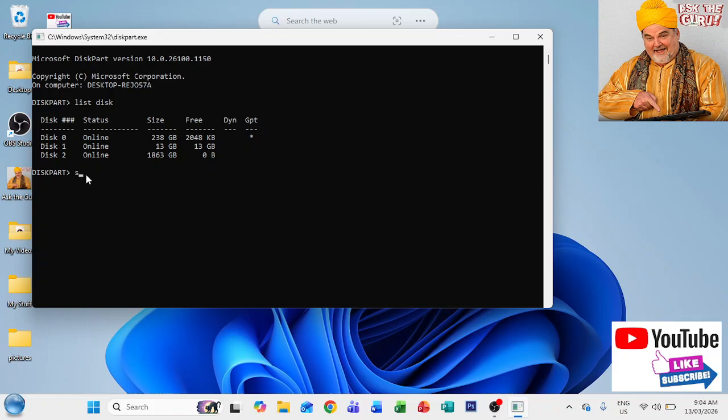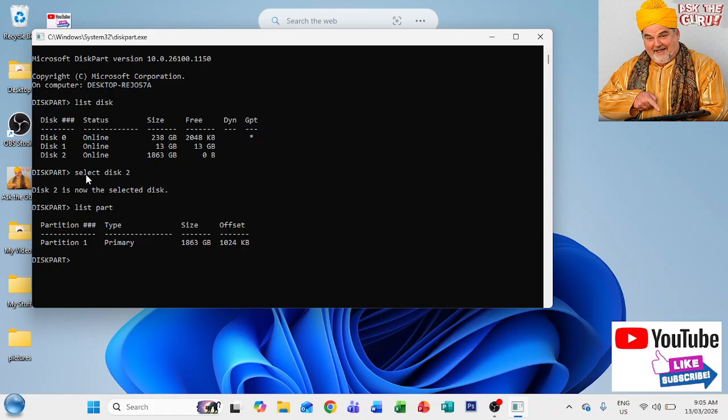So the next command is select disk 2, and then enter. Now disk 2 is selected. Now we want to look at the partitions, so we put in list part, and this will show it's only got the one partition. So we're going to clean that up, so type in the command clean,